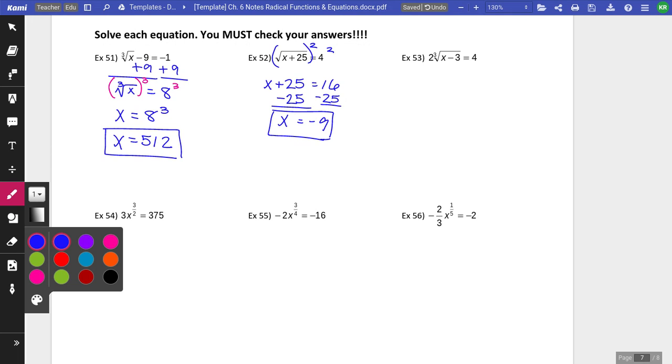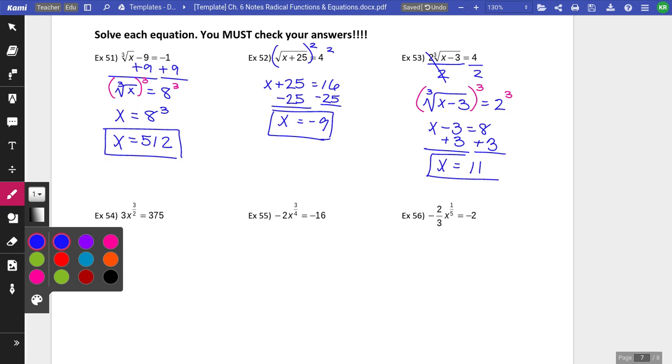Okay, so for 53, the first thing you're going to do is divide by 2, to get rid of that coefficient in front of the radical. So you now have cube root of x minus 3 equals 2. So to cancel out that cube root, we're going to cube both sides. We get x minus 3 equals 8. Add 3, and x equals 11. Okay, so that is solving if you have a radical. Could be a cube root, square root, fourth root, just whatever power you need to counteract that radical, that's what